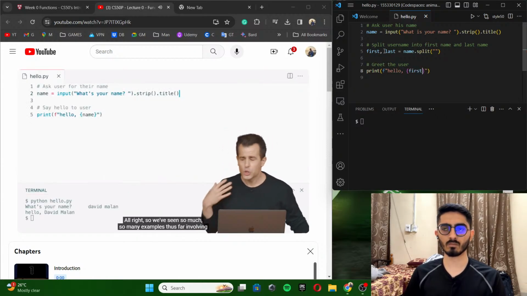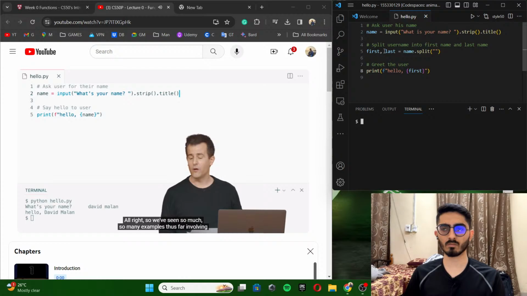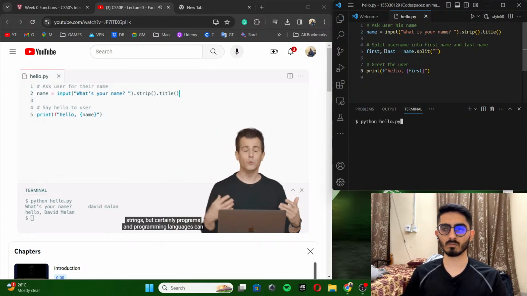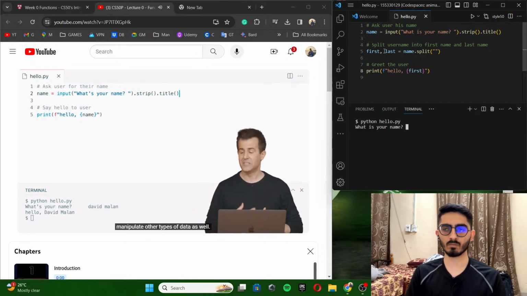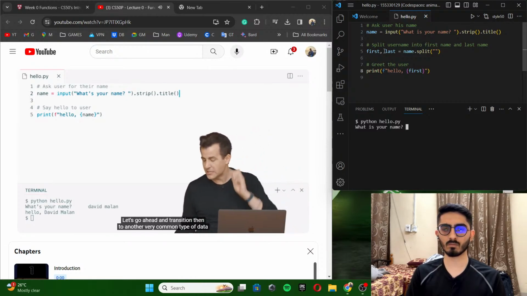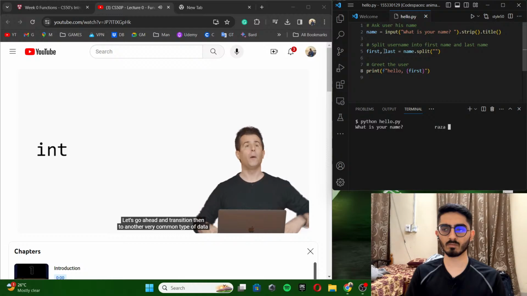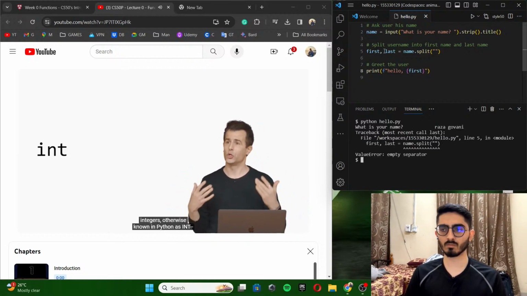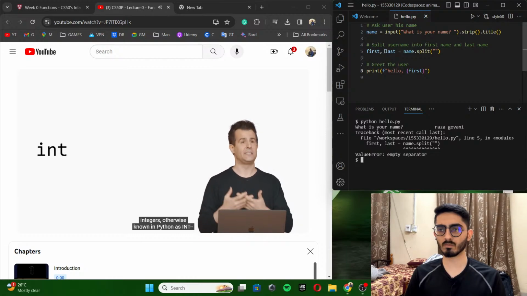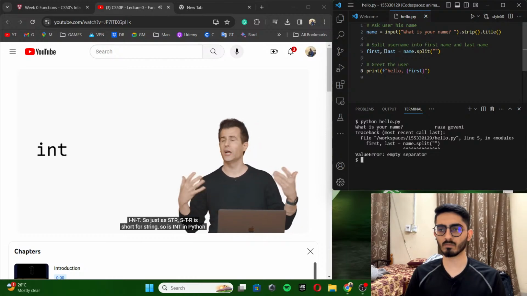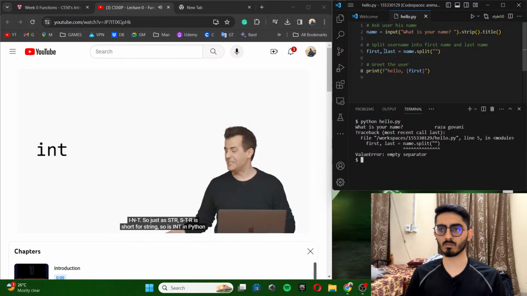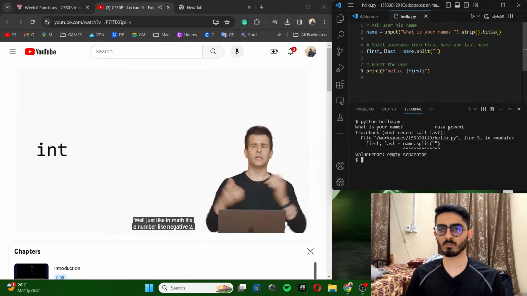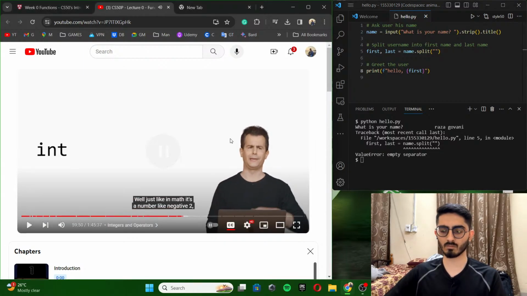All right, so we've seen so many examples thus far involving strings, but certainly programs and programming languages can manipulate other types of data as well. Let's go ahead and transition then to another very common type of data in Python, in programming more generally, namely integers, otherwise known in Python as int. So just as str is short for string, so is int in Python short for integer. Well, what's an integer? Well, just like in math, it's a number like